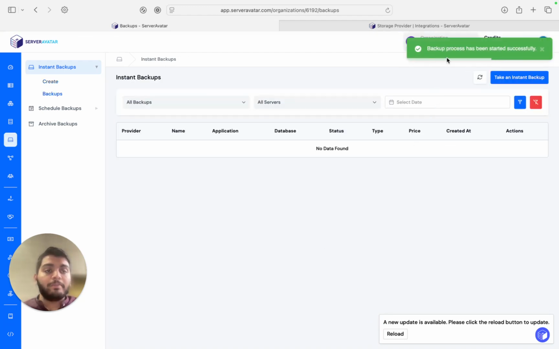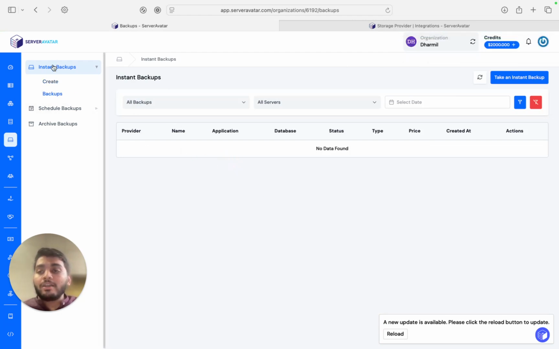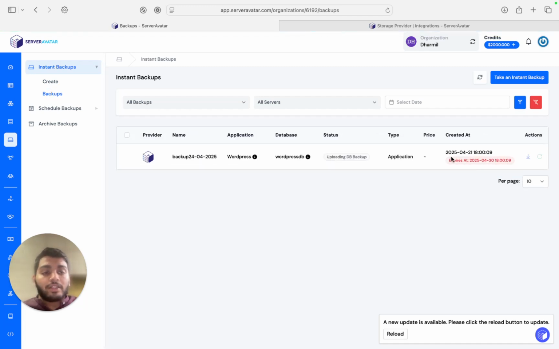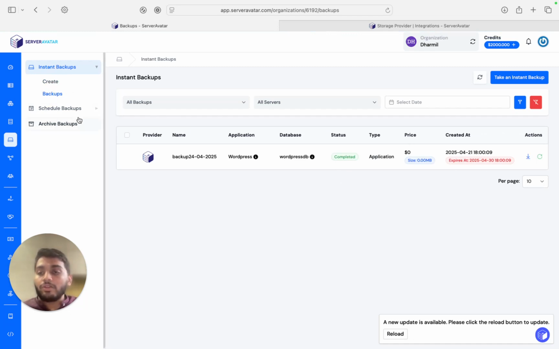Okay, so you can see the backup process has been started successfully. So you can see all the instant backups in the backups. Here it has also mentioned at what time it will expire and what will be the price and all those things. Then you have the options for the schedule backups. Here you have to schedule your backups. You can go to create,